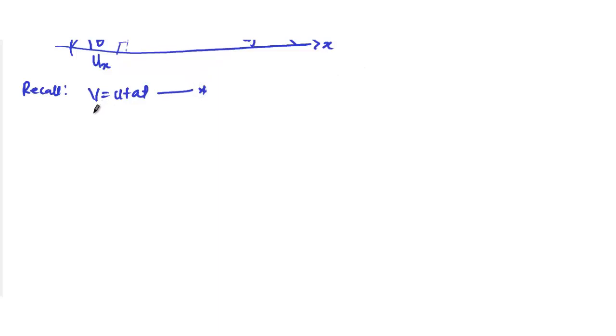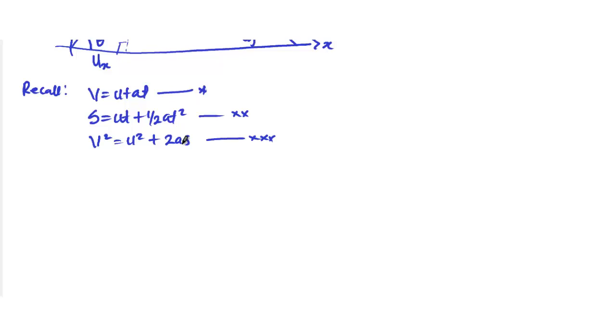Then we also have s is equal to ut plus half at squared. I call this equation star star. Then we also have v squared is equal to u squared plus 2as. I call this equation star star star. So these are the Suvat equations we are going to be using, but we are focusing on the equations of motion